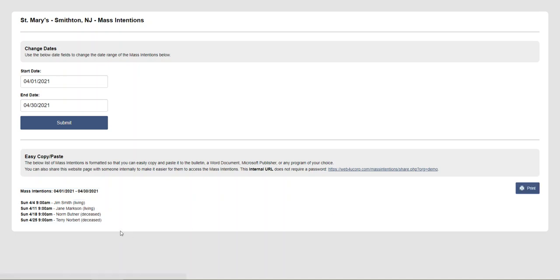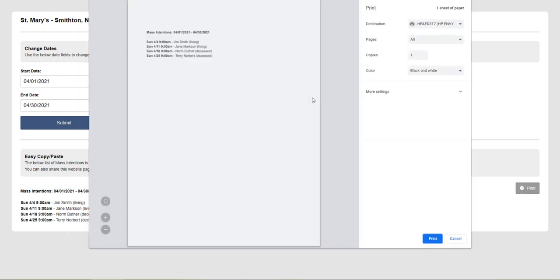So you can click print and it will just print this little bit of text. We'll click that and you'll get a preview of the print here. So you see, very, very simple, very easy to print. You could put this somewhere at your church, or somewhere available that people need to see it. Sometimes the celebrant needs a copy, or you keep a copy handy for the celebrant to see. If you do have multiple locations, you may need to send a copy with the celebrant. So very simple here: appearance of the intentions, the times, and the category.